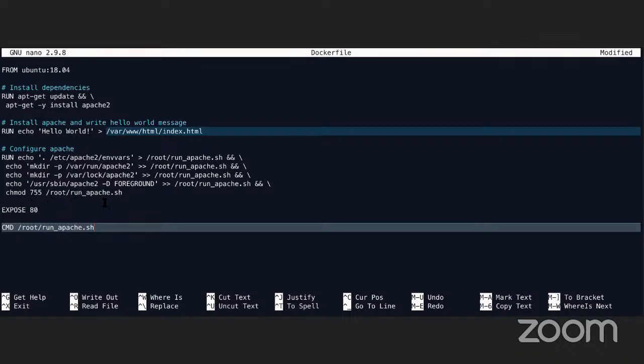It's going to create an executable, and then the executable is going to have 755 to be able to execute it, expose 80, and that's port 80, right? And then the command is root and run this guy. Okay, so now that we have that,